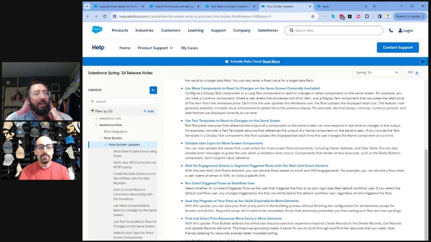And then we've got validate user input for more screen components. We can now validate values for name, address, data tables, with error messages as a result. So that's good. Anything that makes the flows more hands-off and user intuitive, I think, is good, because it's frustrating